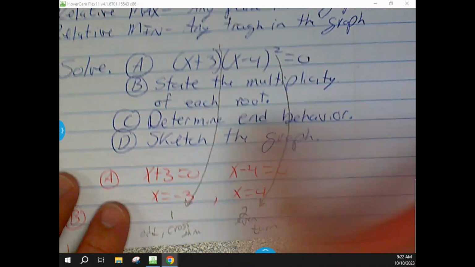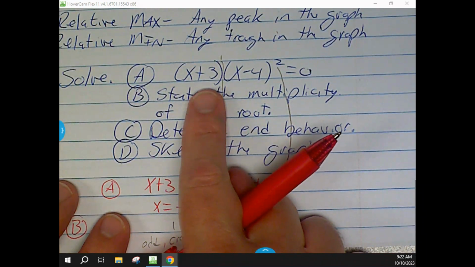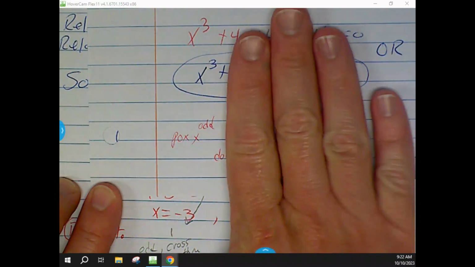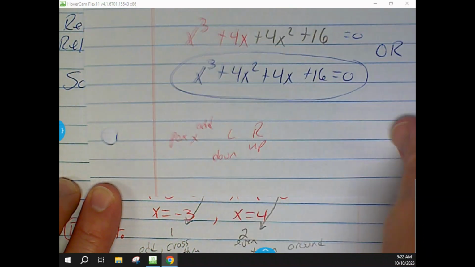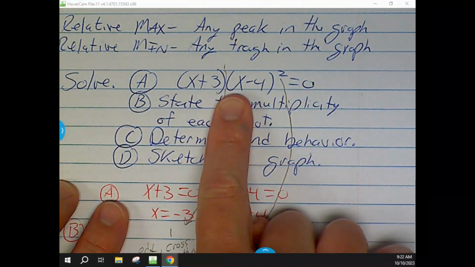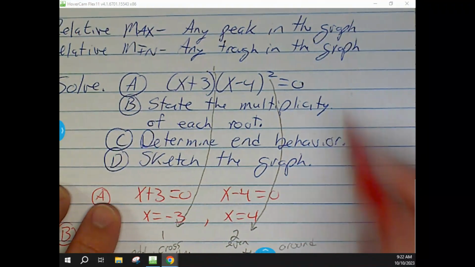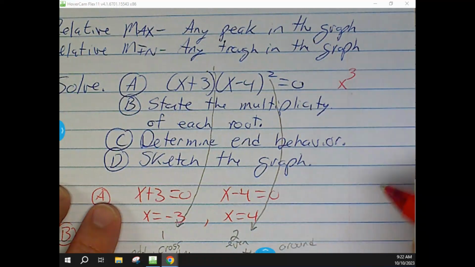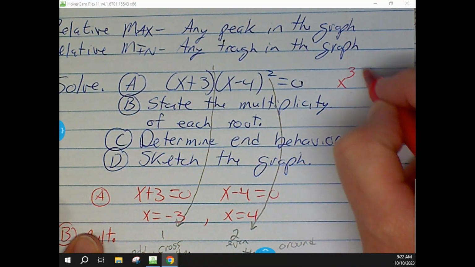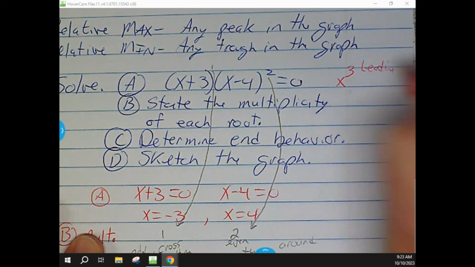When it's written out like this, we've got to look at this part of it. But the good thing is we don't need to worry about everything back here. We just need to know what this first term is. So what happens if we do x times x times x? Leading term would be x to the third, right? So if our leading term is just going to be x to the third, well, then that's what we said